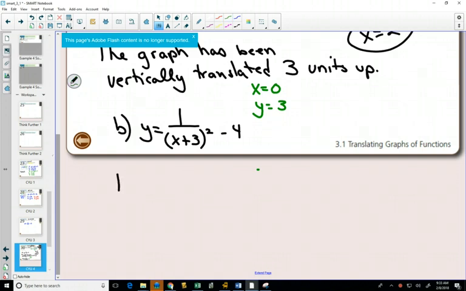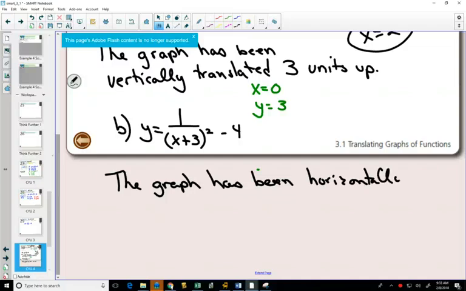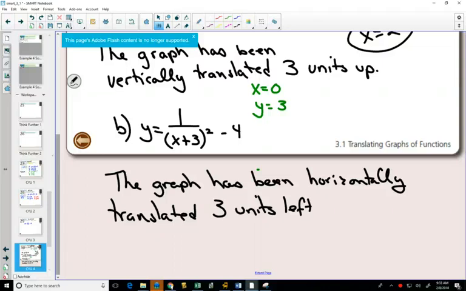So the graph has been horizontally translated three units left, and vertically translated